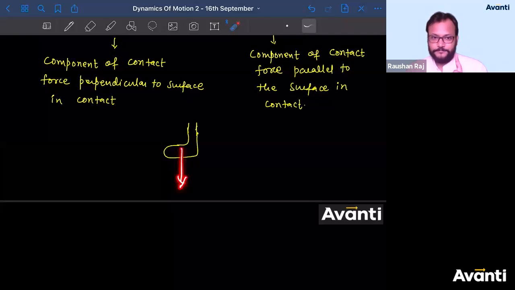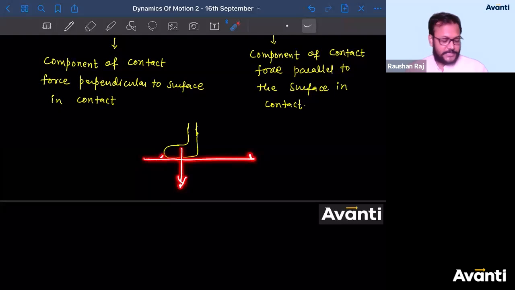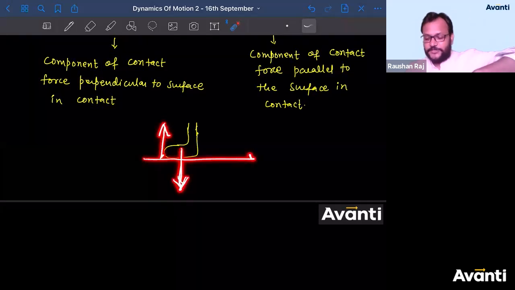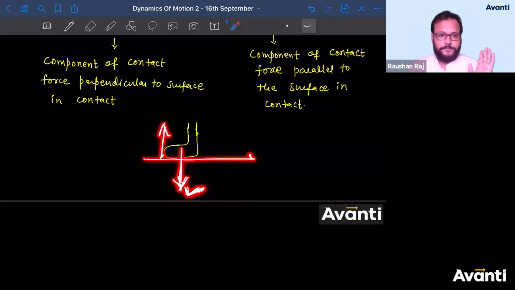You're not going down. That means this ground is actually opposing your motion. How can a ground oppose your motion? By applying a force. So this ground actually applies a force on your foot in upward direction. So your foot applies a force on the ground in downward direction. So this is the force applied by you on the ground in downward direction. When you are standing, simply when you are standing, when you start to move, when you start to walk, you apply a force in backward direction.